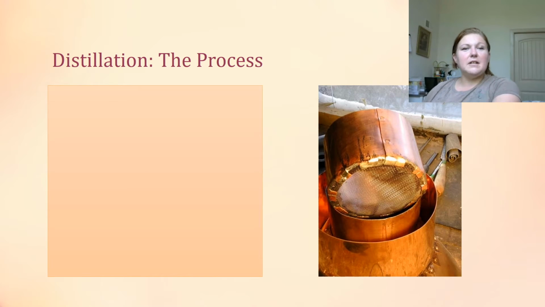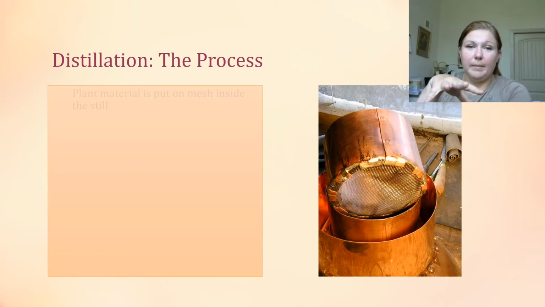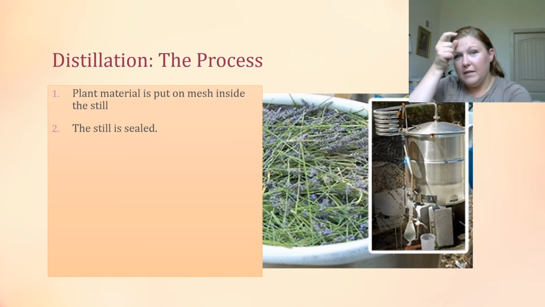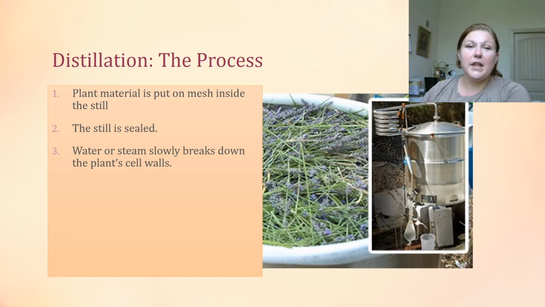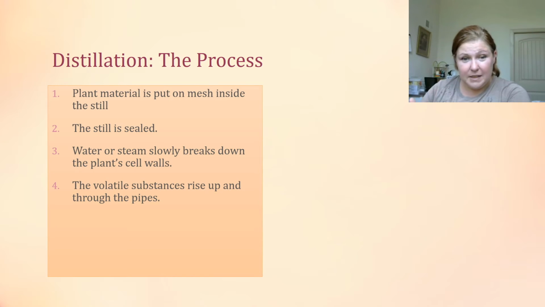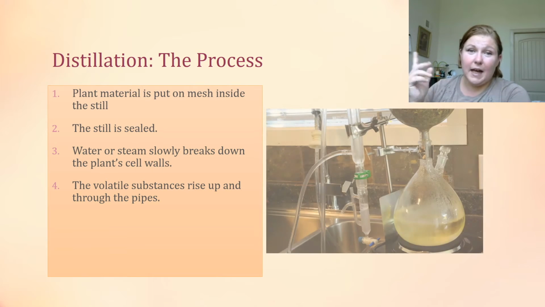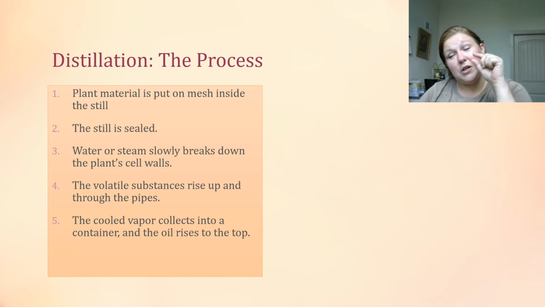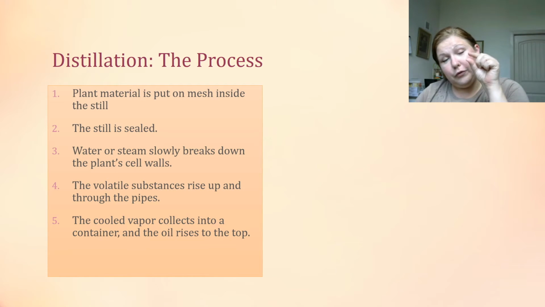It starts off with the plant materials that are put upon a mesh. And the still is then sealed. The water or the steam is injected, or the water is boiling. That slowly breaks down the plant cell walls and the volatile substances rise up through the pipes. And as it does that, it cools and it then finally collects into a container. The oil and the water separate, so you can easily remove the oil as you would chicken fat